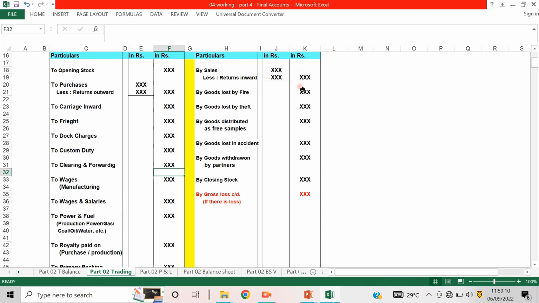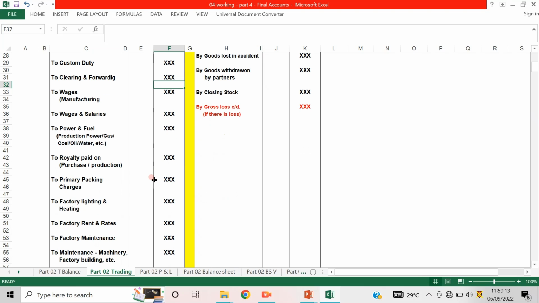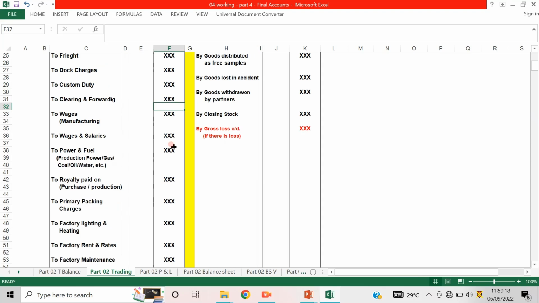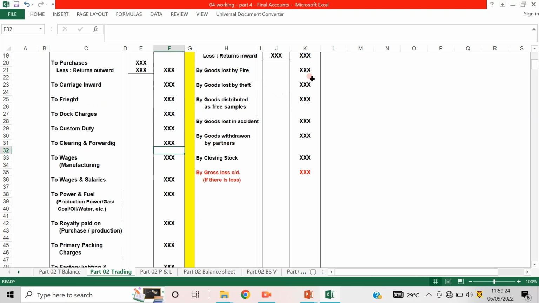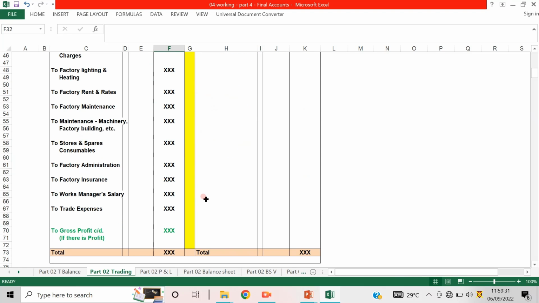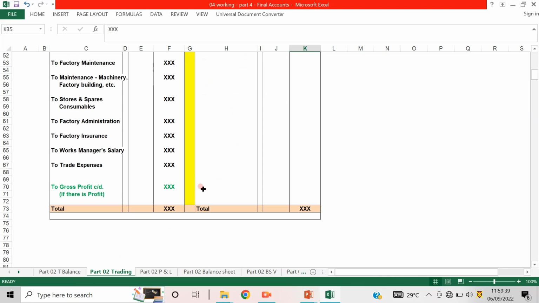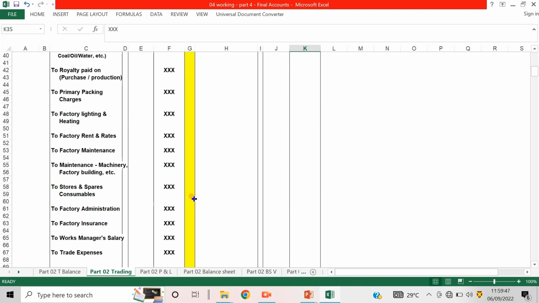If total direct income is more than the total direct expenditure, then there will be a gross profit. Whereas if the total direct expenditures are more than the total direct income, then there will be a gross loss to the company. If it is a loss, then that should be carried forward to the profit and loss account on the debit side. If there is a gross profit, then it should be carried forward to the profit and loss account on the credit side. Hope you understood this